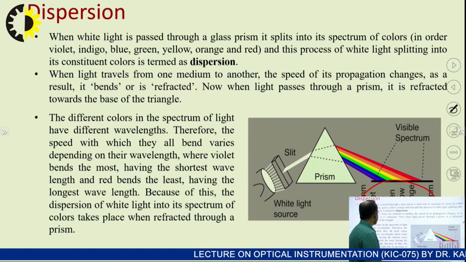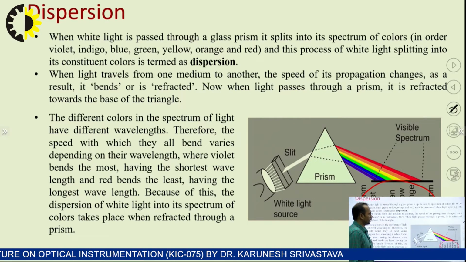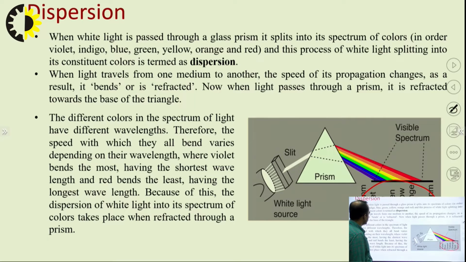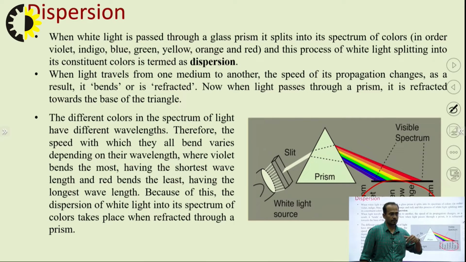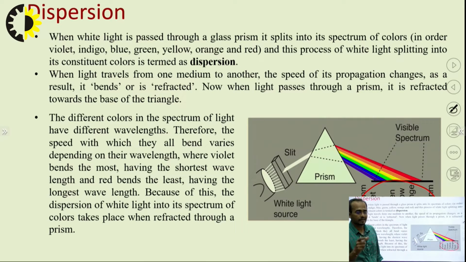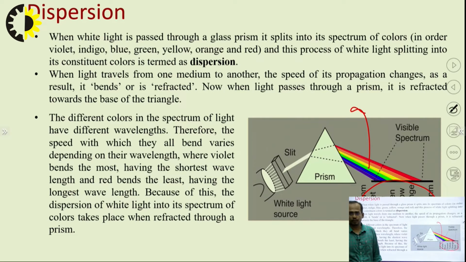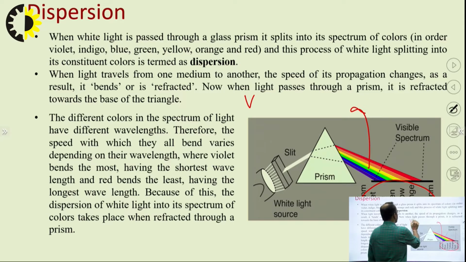When light travels from one medium to another medium, the speed of its propagation changes, and as a result it bends, or is refracted. So this is the phenomenon of dispersion, and why are only these 7 colors appearing? This is because our eyes can detect only these colors, or you can say these frequencies and wavelengths. Therefore only these 7 colors, VIBGYOR,